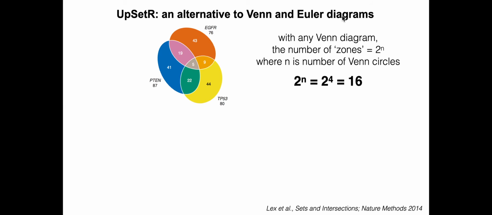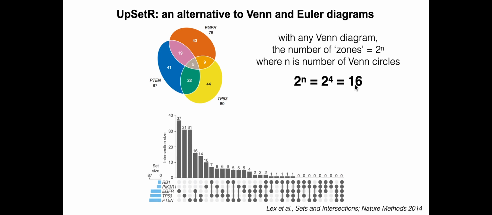Just to highlight, with any Venn diagram the number of zones, the number of areas that you see shaded here, is 2 to the n, where n is the number of Venn circles. So for a data set that has 4 Venns, 2 to the n is 16, right? So 16 different regions that you might have to discuss in your paper. The malaria data set that we were dealing with before had 5 different groups, so a huge number of possible comparisons. So that's led some people to develop